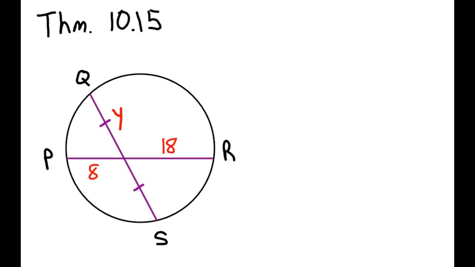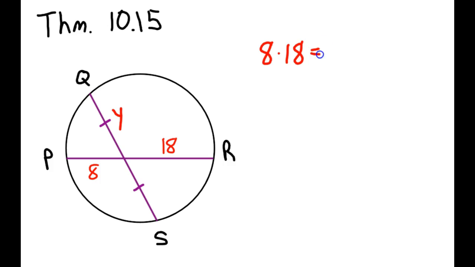In this example, we're going to use Theorem 10.15. So we have two chords intersecting in the circle. We have chord PR and chord QS. This theorem tells us that if we take the product of the segments of one chord, that is going to be equal to the product of the segments of the other chord. So we can take 8 times 18